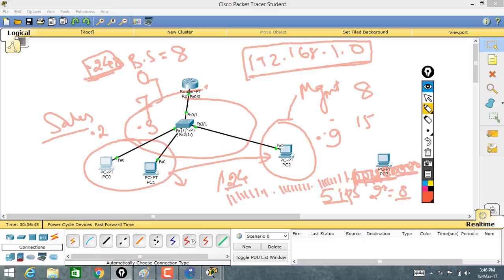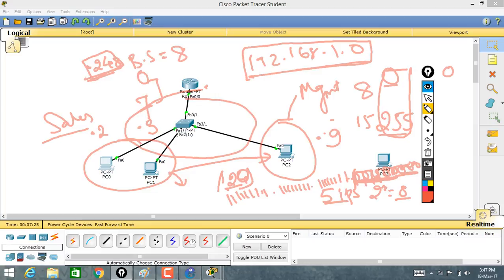So hence it fits my criteria. This is the main use of the subnet mask in subnetting: we carried these 5 host bits and converted them into network bits, and we got /29. We have taken this huge network, which earlier ran from 0 till 255 as one network, and made it smaller by using